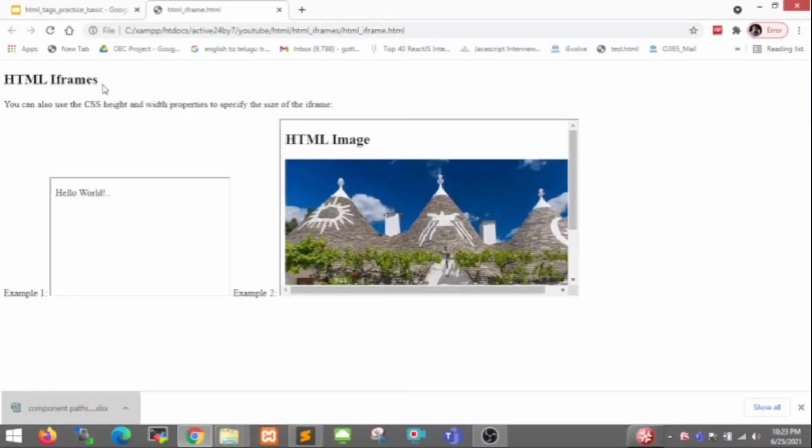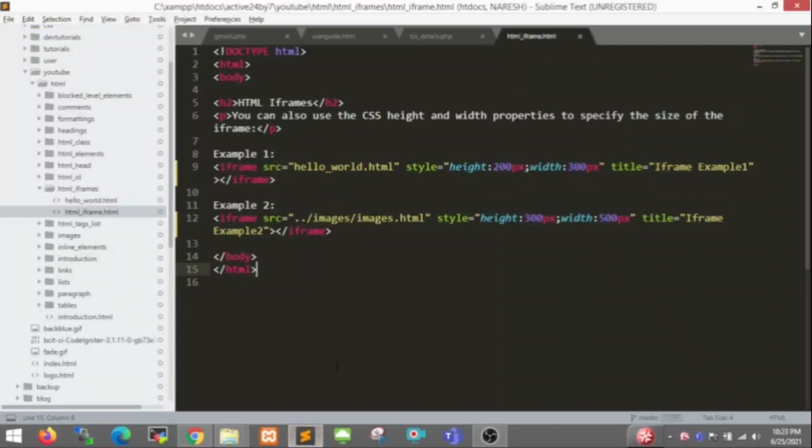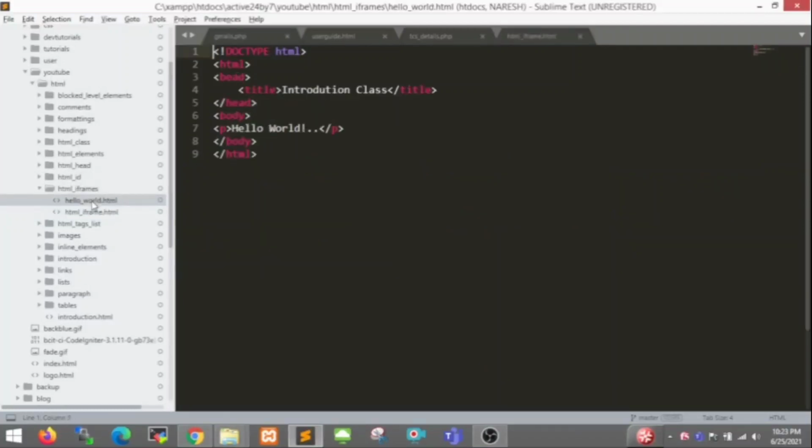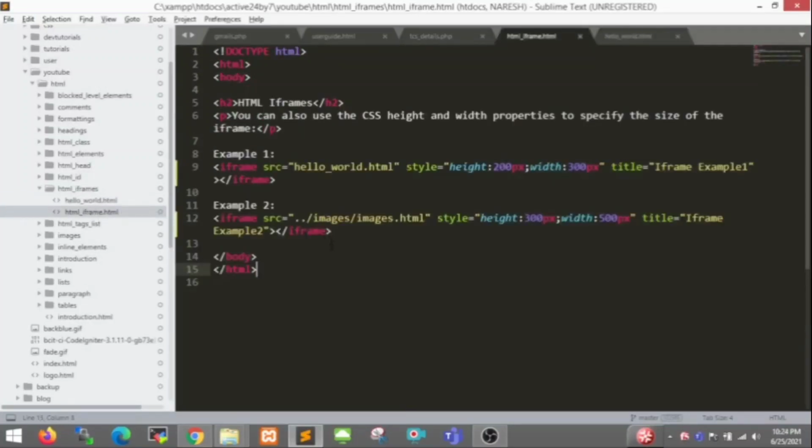HTML iframes is the heading, this is the paragraph, and here in example 1 is the hello URL. Actually I didn't write this hello URL in my code. I wrote it in another web page, my hello URL web page. This content I loaded in my page 1 here.